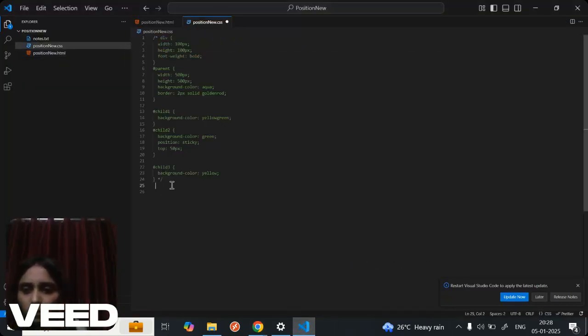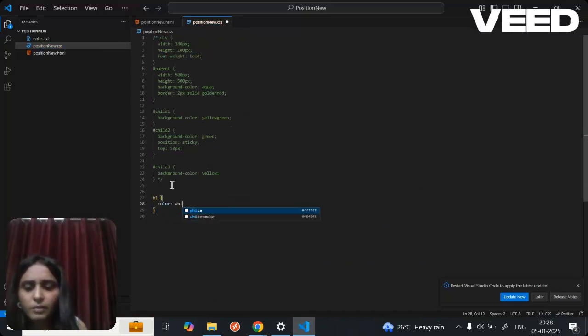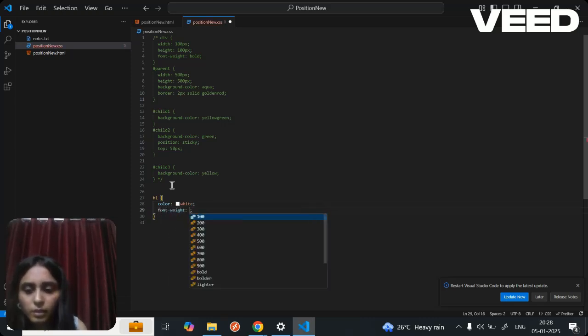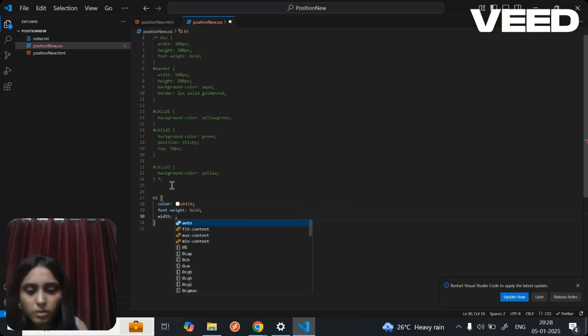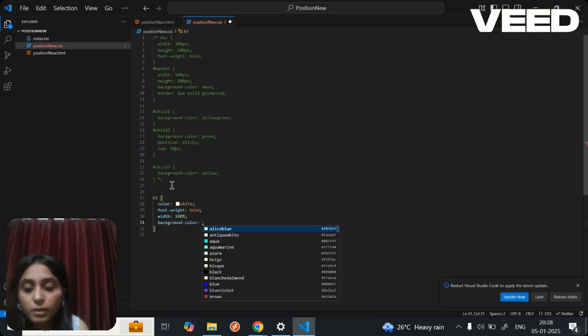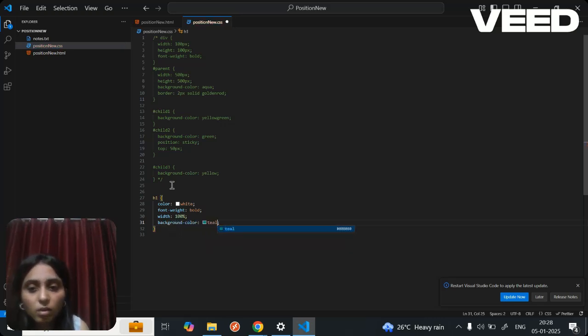We will give the h1 tag color, I'll be giving it as white, and font weight I will be giving it as bold, and width I will be giving it 100 percentage. And what else? And yeah, background color I will be giving it as teal or something like that. Okay, I'll be giving it as teal.